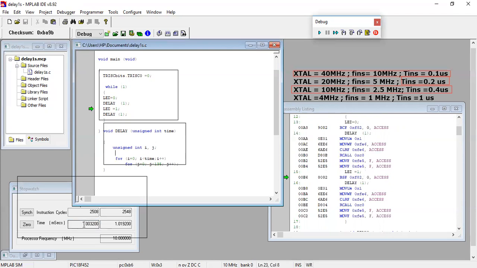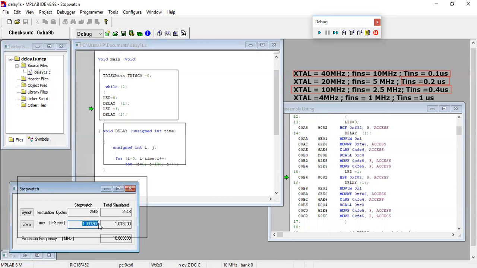It is not exactly 1 millisecond, it is 1.0032. So if you call delay of 1000, it will not be exactly 1000 milliseconds, rather it will be 1000 multiplied by this figure, right? So that will not be exactly 1 second, rather slightly higher than that value, right? So this is how one can calculate the exact amount of time consumed in any delay function.